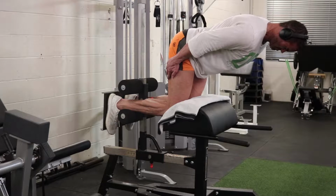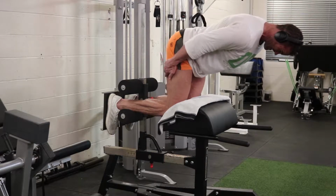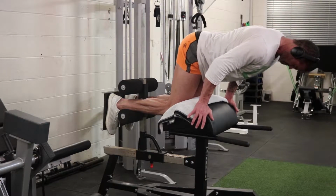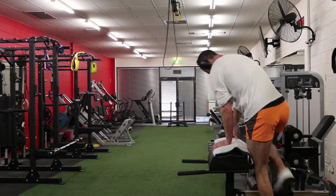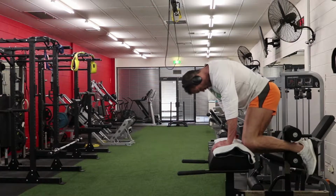But here, just little partials, just trying to get whatever I can out. You'll find these are deceptively tough. But essentially the cue is just driving your heels hard into the plate, trying to keep the hips stable. And what I popped up here, which is just really ad hoc, so there's way better ways to do this,